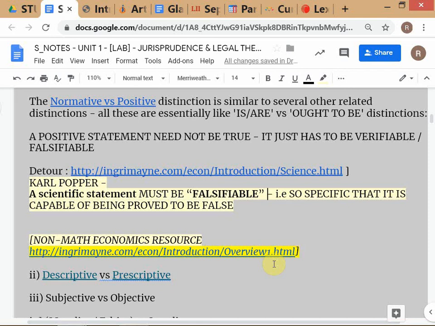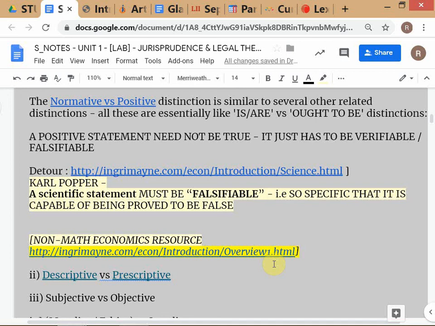Is this clear? Are you following what I'm saying? This is a very important thing to understand, because when you are listening to experts talking about topics, you'll find many of them make very loose general statements. Those are not scientific statements because they cannot be falsified. If I say that Mercury is very warm, that is a very general statement. It is not specific enough, so you can't falsify it.